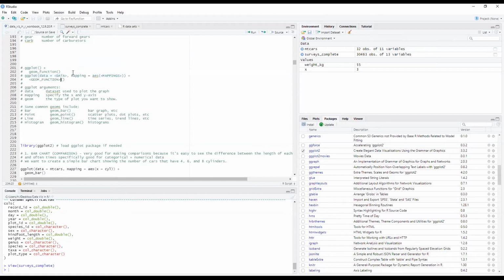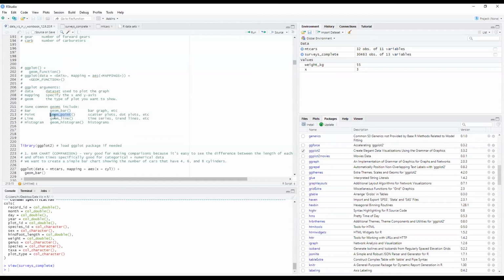And then this addition here, I'm adding this second function on the second line. So it's a ggplot function plus a geom function. A geom function is the type of visualization that you're going to be creating. So some examples: if you're going to be creating a bar chart, you're going to use this geom_bar function in replacing this geom function here.